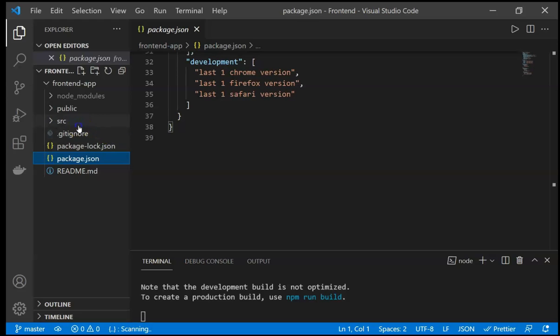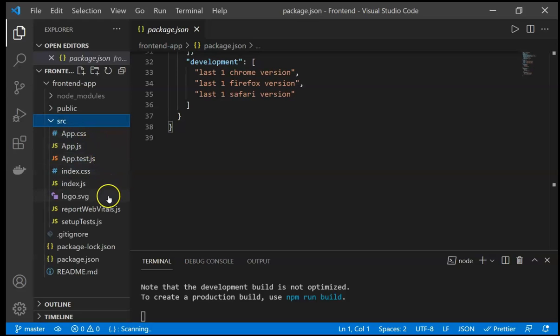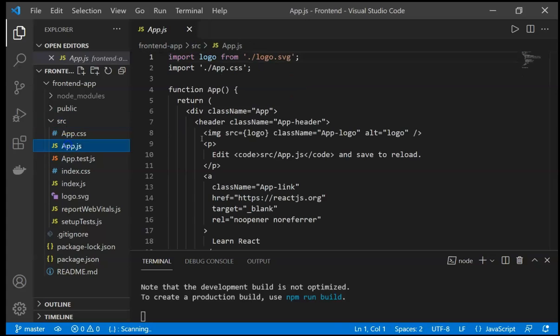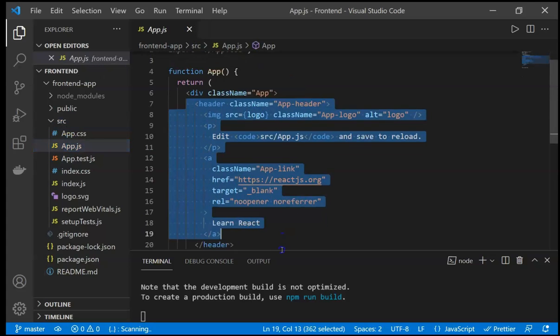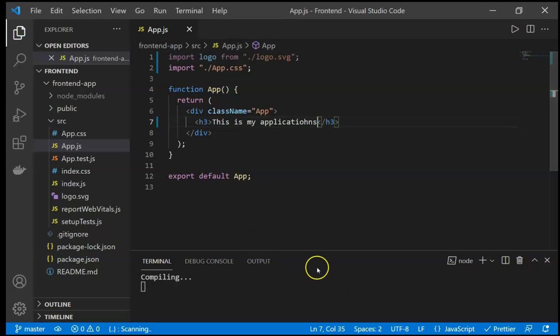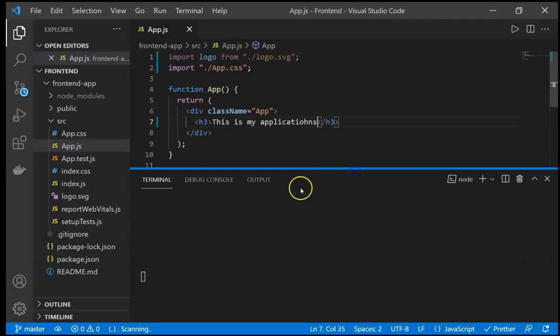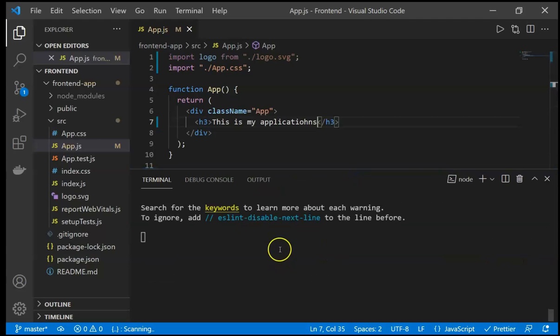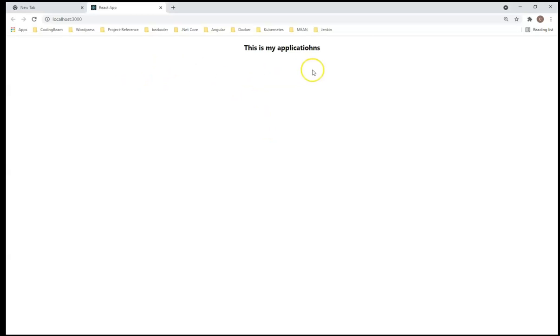So first we have to go to the source, and if I go to the main App.js, which is the main file, I will delete from the header, and render only the hi here, or it will contain the h3. This is my application. If I save, then you will see there will be some errors in the console window that we have imported this and all, but now there are no errors. If I go to the main App.js, then you will see this is my application here.